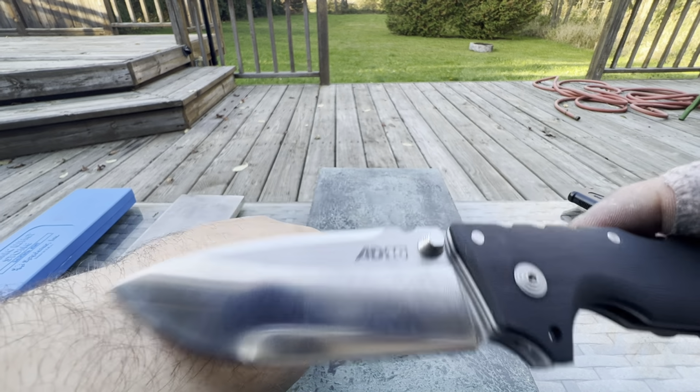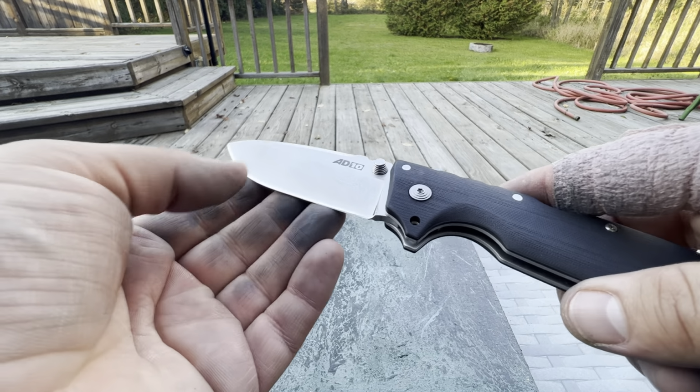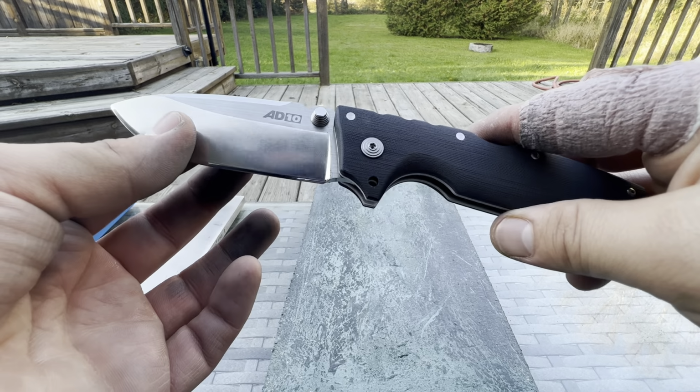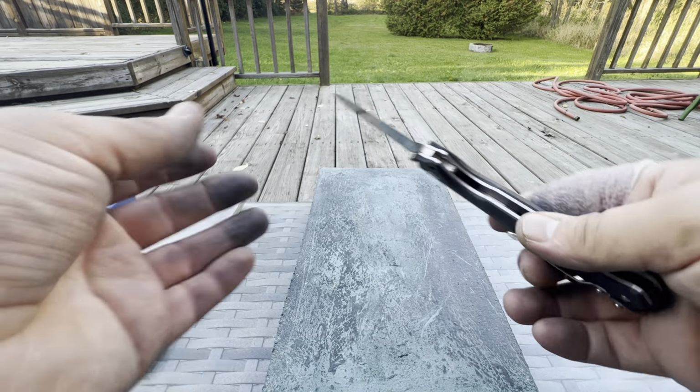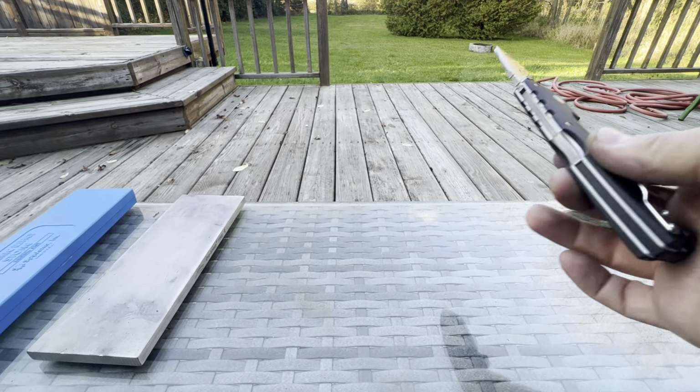My girlfriend doesn't like all the random patches of hair on my arm that just stick out. So I'm going to take it one little step further, okay? It's very sharp. I can feel it. Very sharp knife. One step farther, though,